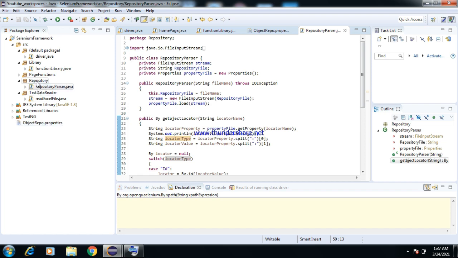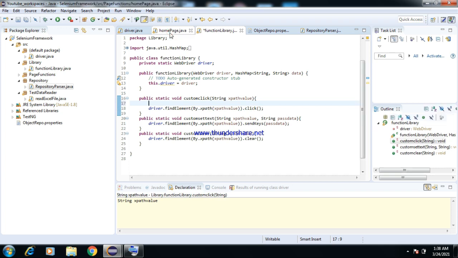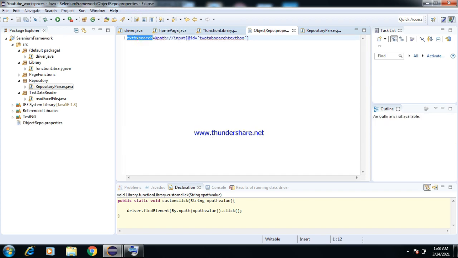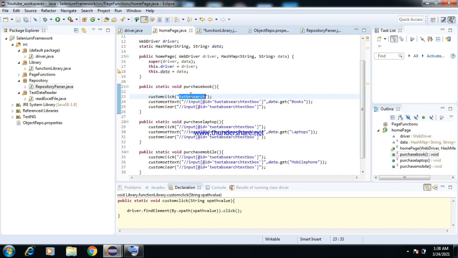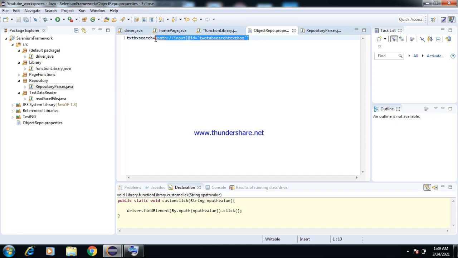So this program you can use to read from this object repo.properties. You can have a new package and new class added there. So I have declared the reference name here, that was given in this properties file.